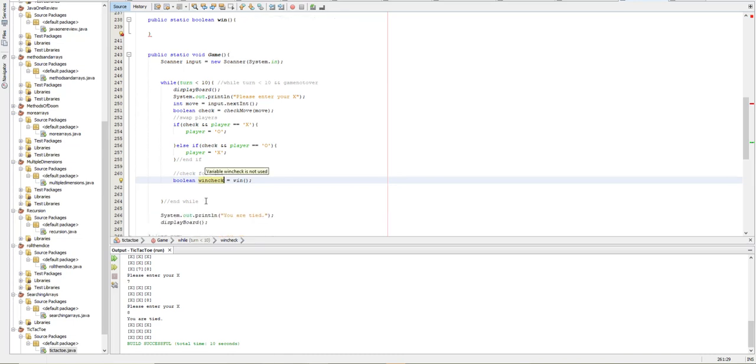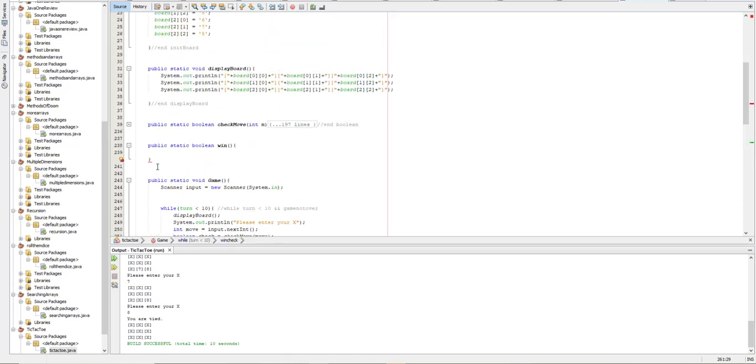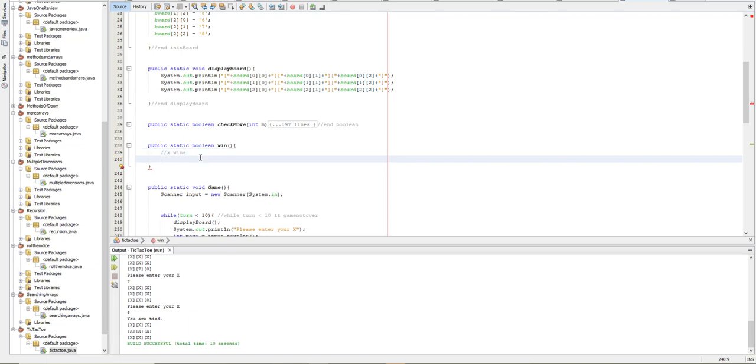So let's scroll on up. So win. So how do we decide if we won? Well, I need to check my board. This is one of the reasons I put this up here. You can see the board right here. If board 0,0 equals x. So I'll do x's first. X wins. So if board